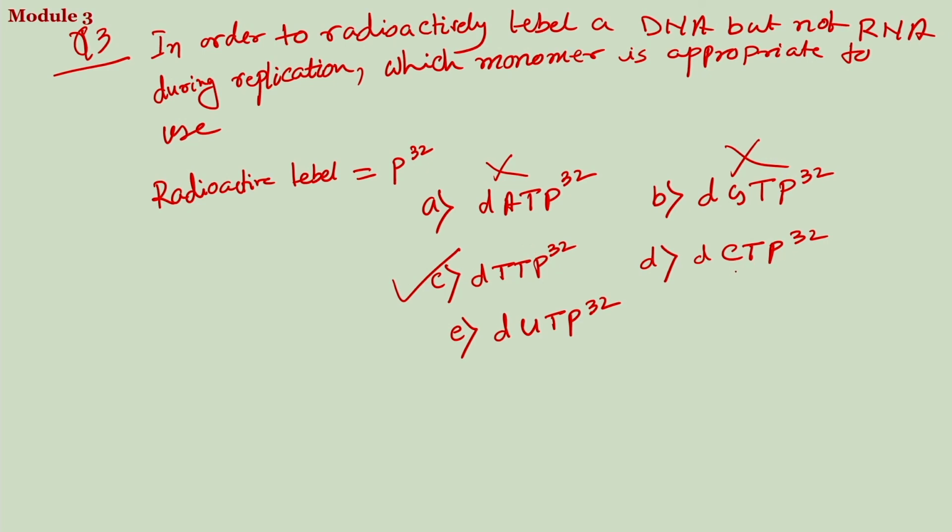CTP, cytosine is present in both DNA and RNA, so this cannot be used. Uracil is present in RNA, not in DNA. So, if you use this, this will label the RNA and not the DNA. So, this is also not correct. So, you have to use dTTP, then you can label only the DNA target or only the amplified DNA sample specifically or selectively. Question 4